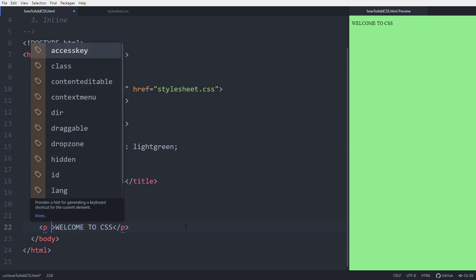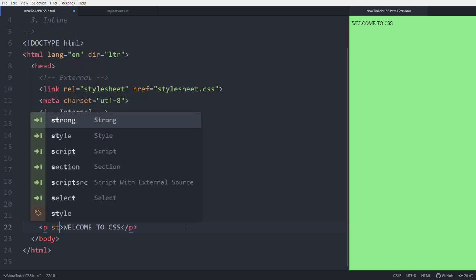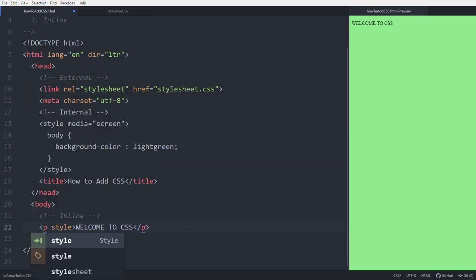We use the attribute style for inline, adding inline CSS. Style gives some values, like color is maroon. See, the color is changed from black to maroon.